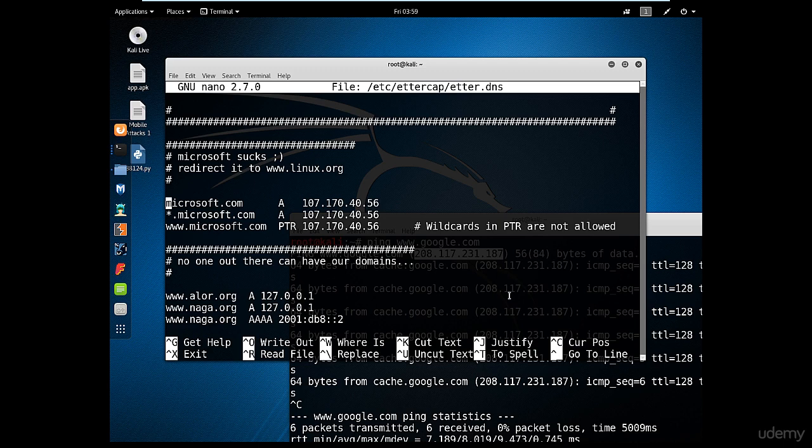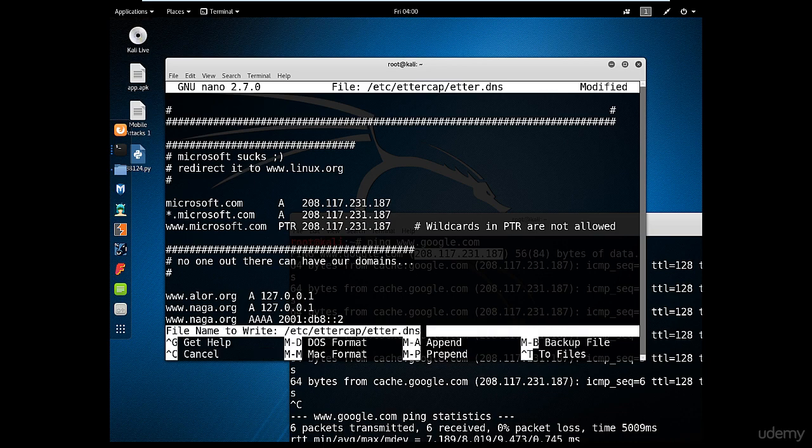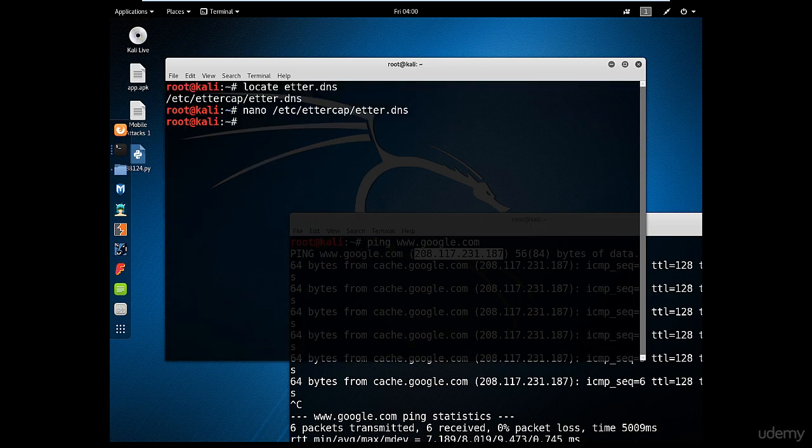So I'm going to copy that, and I'm going to go here, and we're going to change those 3 IPs and put the Google IP. Paste, and then paste, and then the last one, paste, and we are set to go. So I need to save this file, so I'm going to click Control X and click yes and enter. Now let's run Ettercap